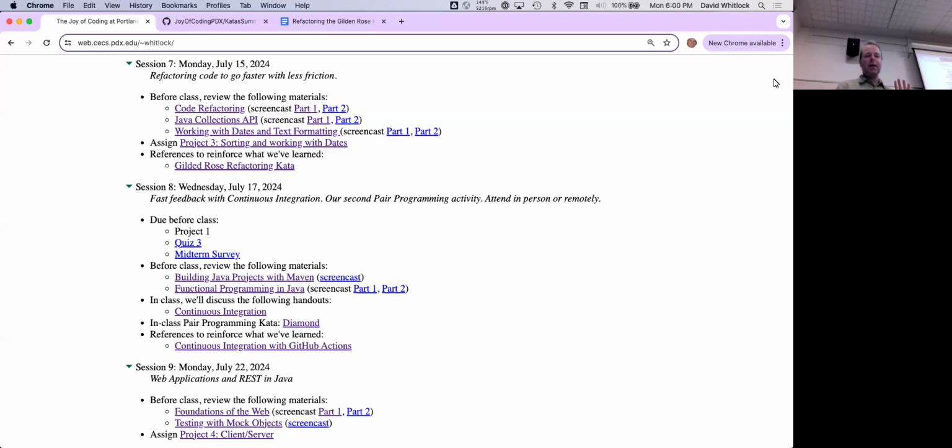We'll be doing what I think is a really fun and interesting and insightful activity about code refactoring. We'll be working together to look at some really ugly code and try to figure out how to make it better, how to understand it, and how to apply tests to give us the security and the feedback that we need to try things. So anyway, it's going to be super, super exciting.